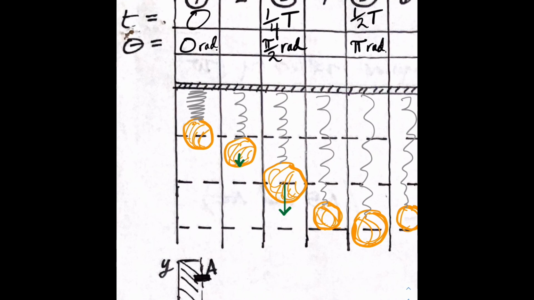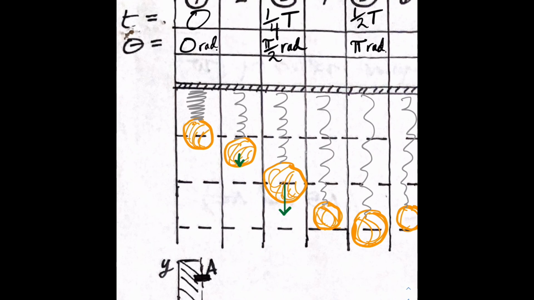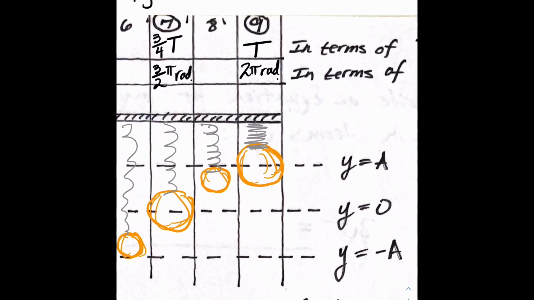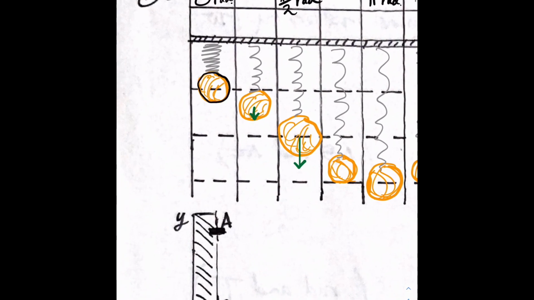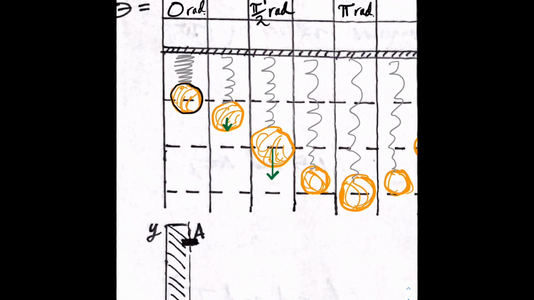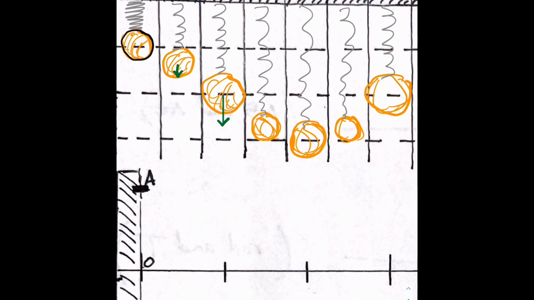So what we're seeing is that when the object is at position 1 right here, it is at positive amplitude. And you can see that from over here, y equals positive A, that its velocity here is 0. But then when it's at position 3, it's at max negative velocity. And then as it continues downward, its velocity vector is still going to point,